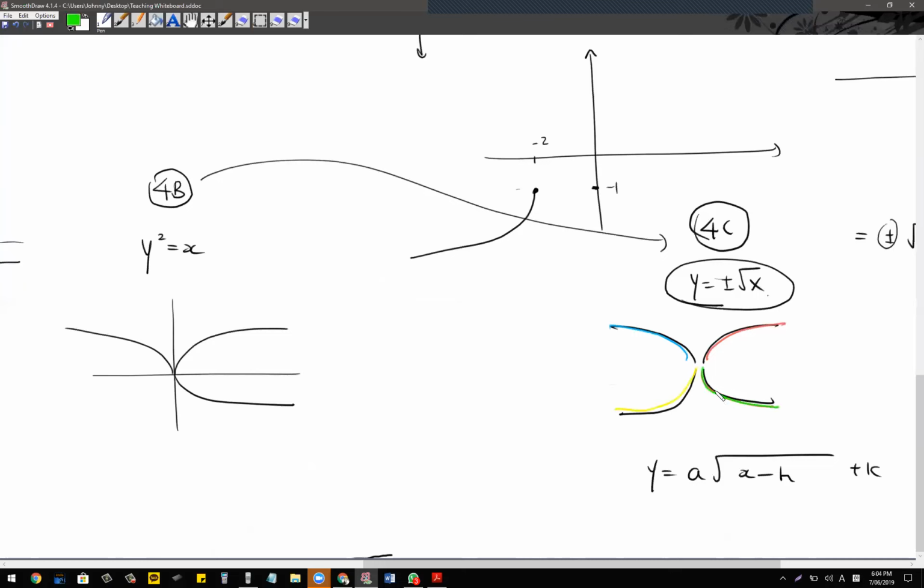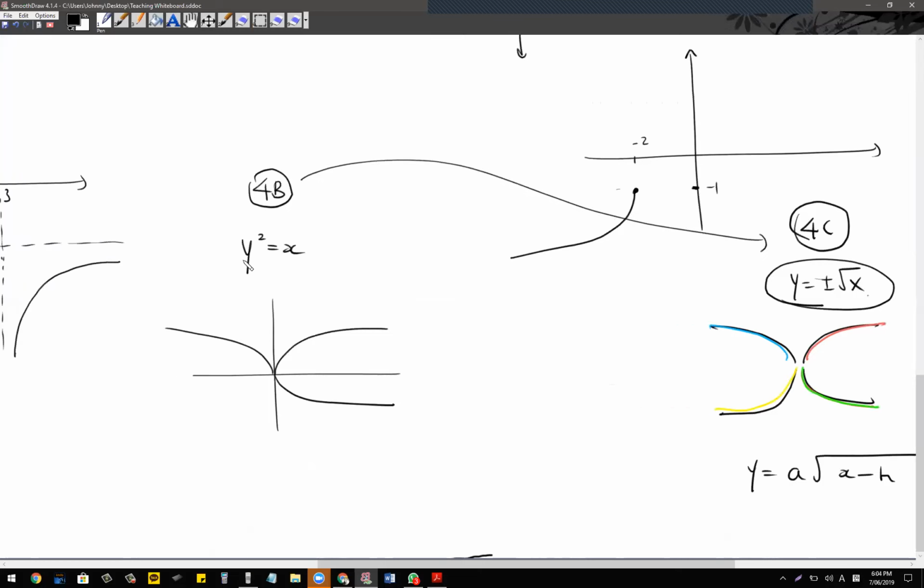It'll be one of them. But when you have y squared equals x, if we extend this one, we get (y minus k) squared equals a(x minus h), like this. That's the one that I know. Yeah, and plus. So in this case, h and k is the starting point again, but you get one of these two graphs, either this one or this one. Okay. So for example,